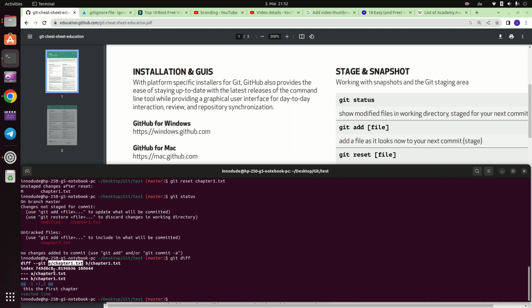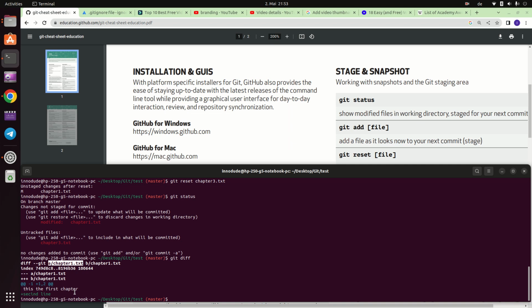I don't want to make it more complicated. So here, basically, it says what is happening in this file, chapter 1, in comparison to the reference. Everything is relative, so it's relative to the previous version, or the last commit, or the commit that we are already in. So we are in this folder, and the reference for this folder